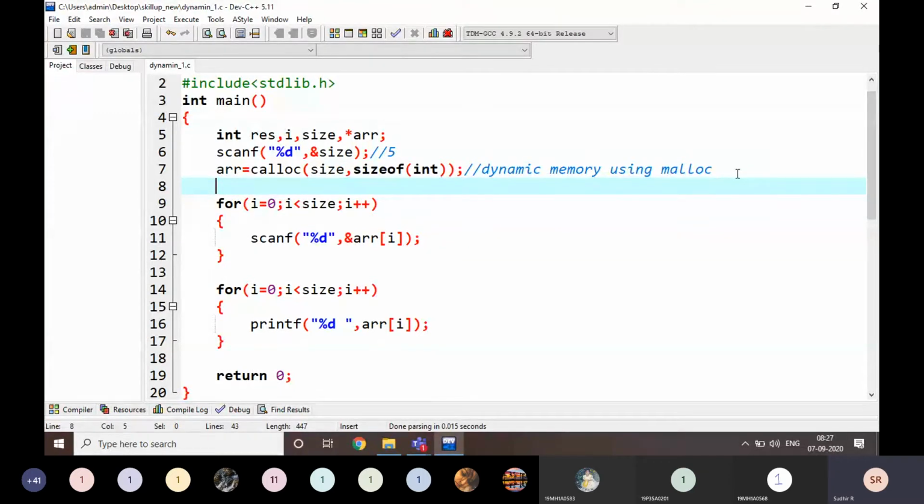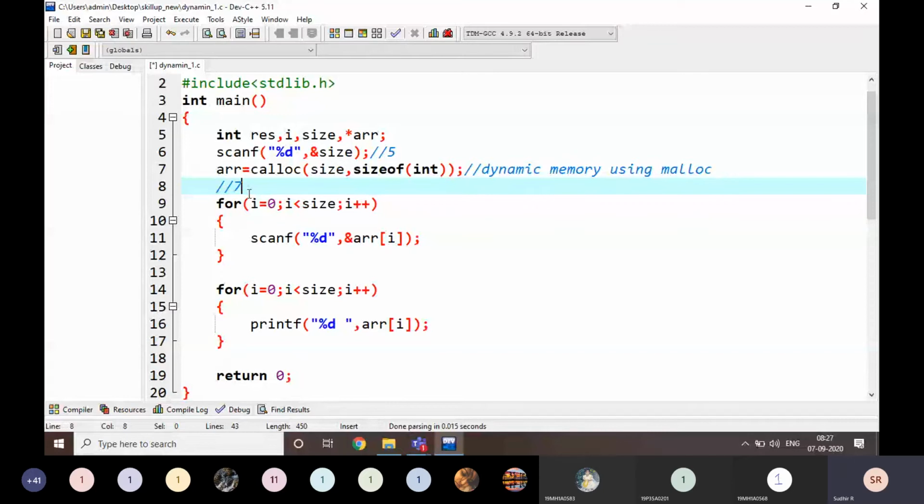After some process, I am going to add another 2 values. First I am going to read 5, then I am going to read 7, so I allocate this memory for extra 2 values.